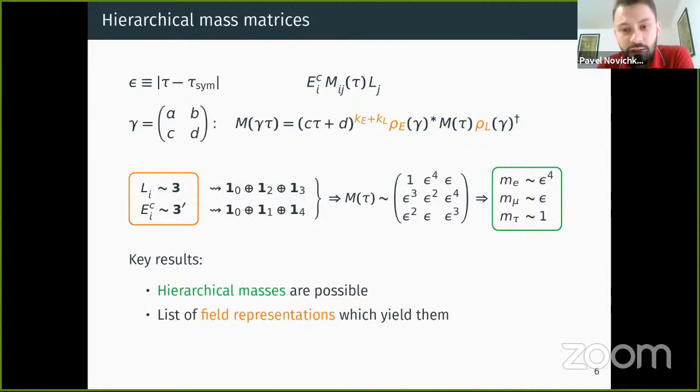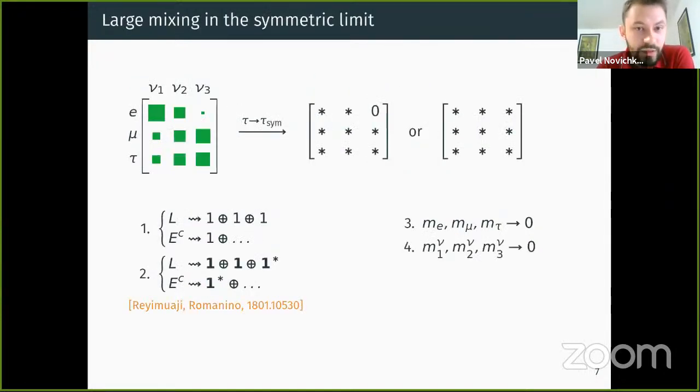So another aspect is large mixing in the symmetric limit, which is what's needed for the leptons. Because typically, if you have a residual symmetry in certain limits, then it constrains your mixing matrix significantly. But in this case, we want to have at least 2 large mixing angles to avoid fine-tuning. So this issue was actually studied in much detail in the context of arbitrary symmetry groups by Riumiaggio and Romanino in their paper. So they found that the form of mixing matrix in the symmetric limit significantly constrains the representations